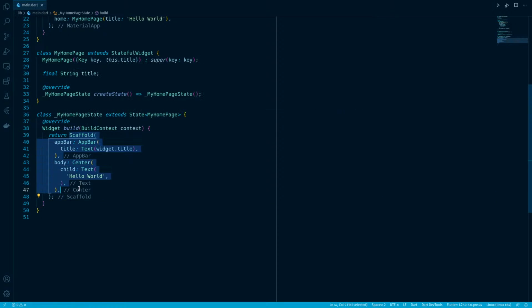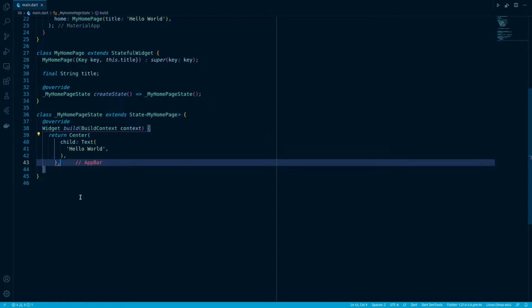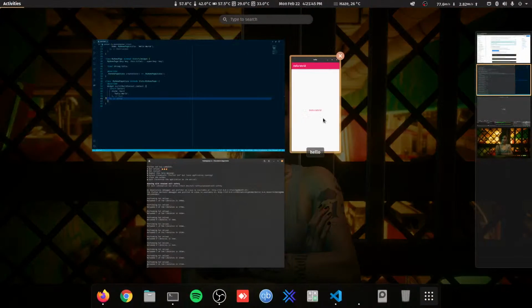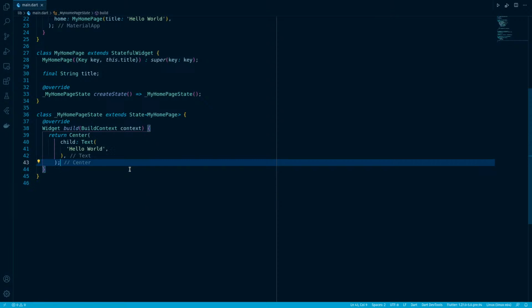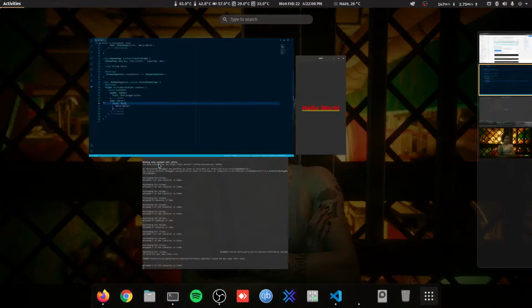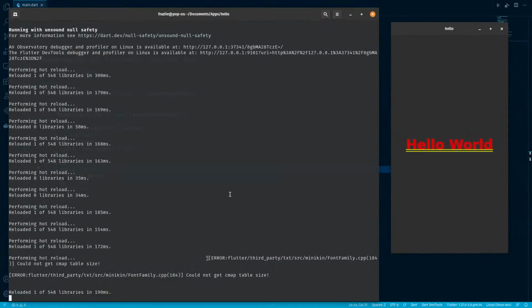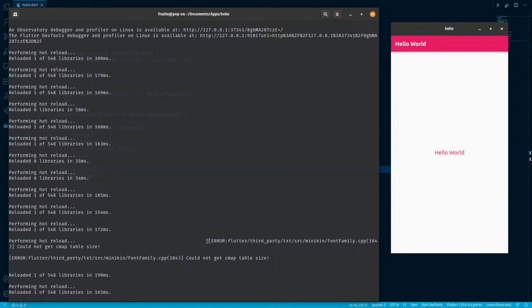If we remove this whole scaffold and just print this hello world in the center, it will print like this. See, no design, nothing. It will be blank, no color, nothing. It's a blank screen, just printing a normal text with a black colored background. So we have to put a scaffold or something to give it a design. Okay guys,